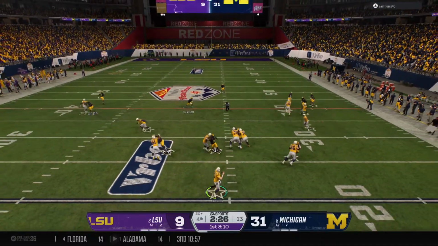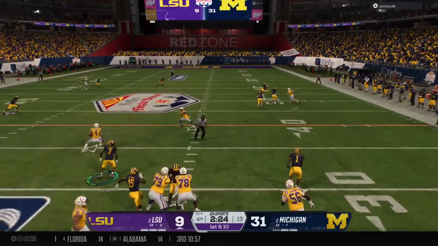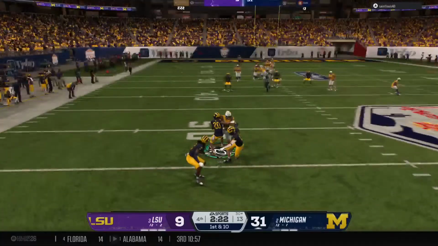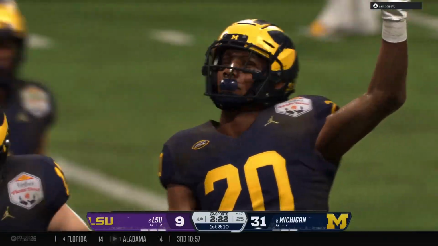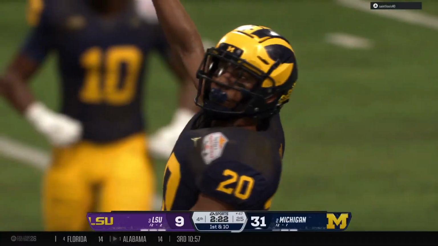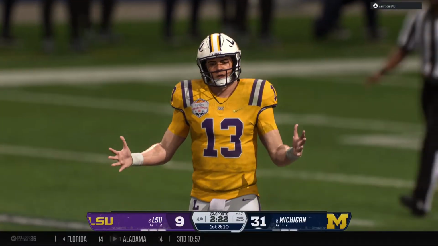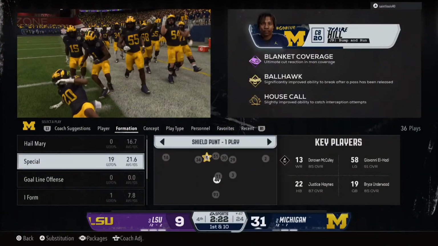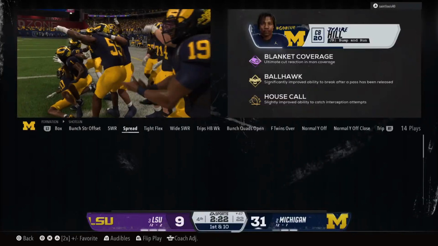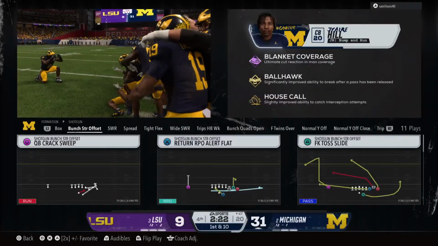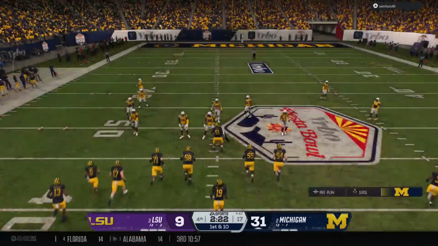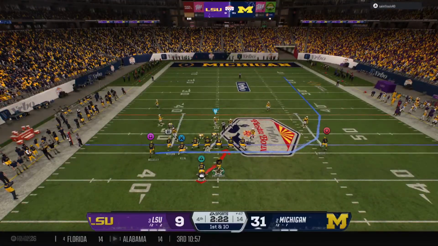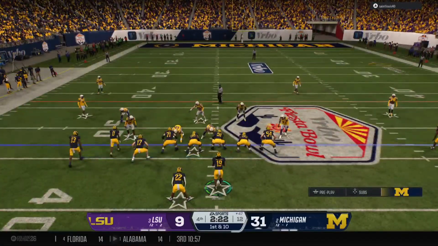On 1st and 10, they'll look to throw it. Taking a deep shot here to the right. The pass is intercepted. Not much on the return there, but the interception gives the football back to the offense at the 47. Oh, you feel terrible for this quarterback. He's played well all year. He's trying to make a play, trying to force it into coverage because they need points at this point in the game to try to advance into the next round of the playoffs. Puts it into coverage, and that's probably going to do it.